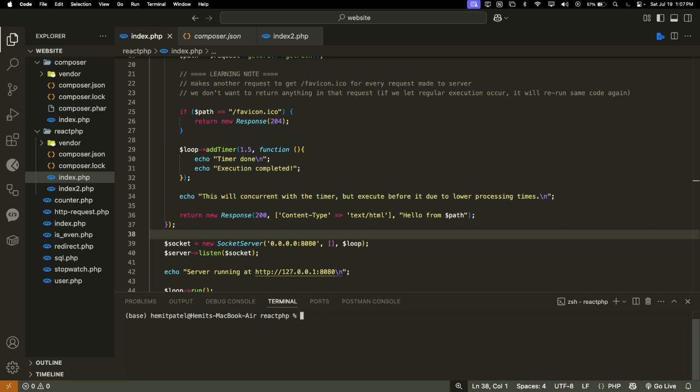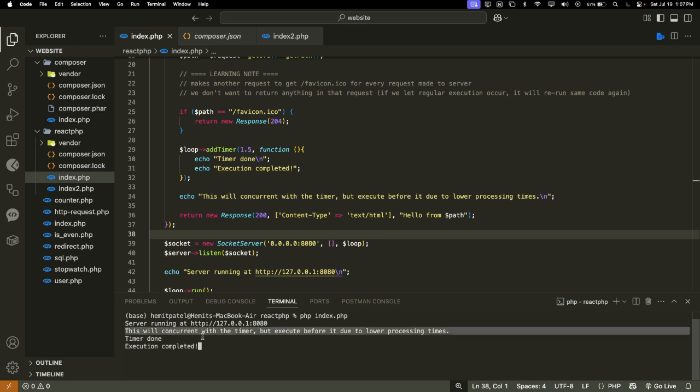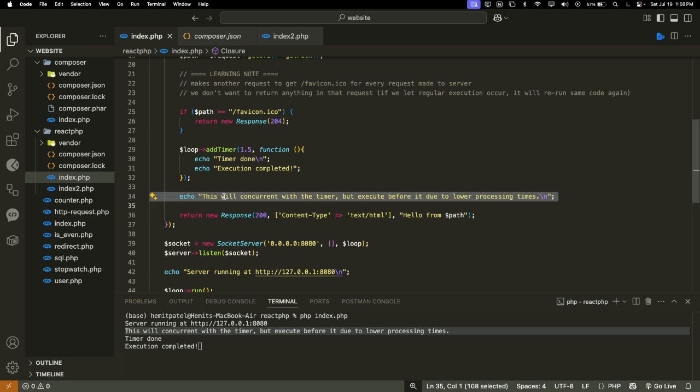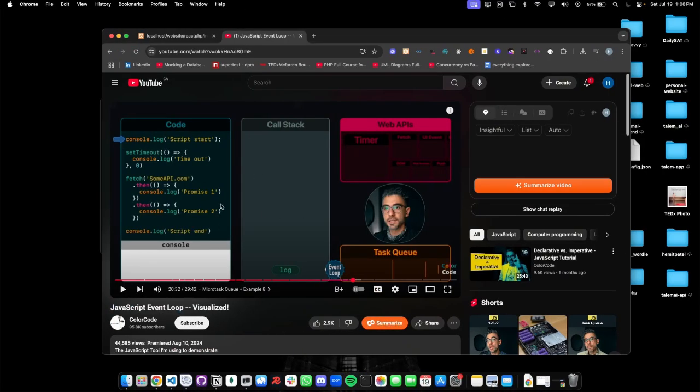So here's how it would work. I'm going to say php index.php, and then I'm just going to request. So as you can see, it runs the echo first, even though this echo execution is happening after the timer. It runs first thanks to the event loop that we built, and thanks to a similar execution as I showed you before,